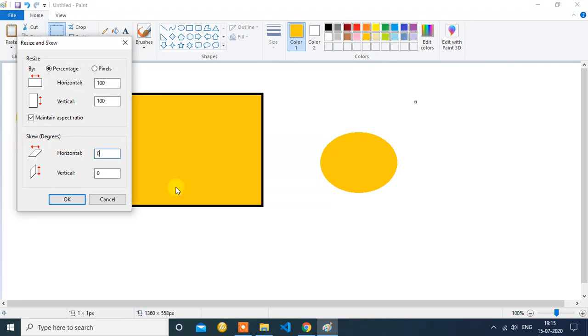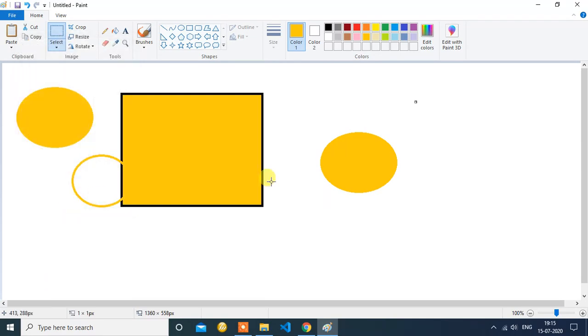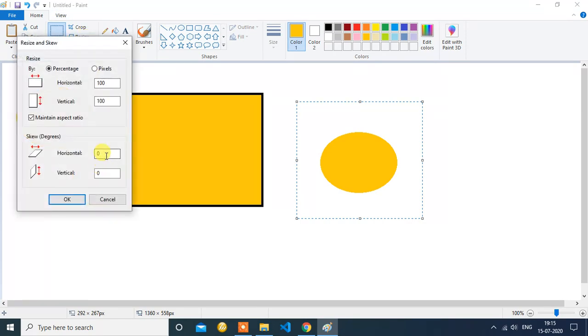Just like if we have 10 degrees, oh sorry, the image isn't selected nicely, so we will get a new image. Yes, so if I do it to 10 degrees, you will notice it will move diagonally to 10 degrees.